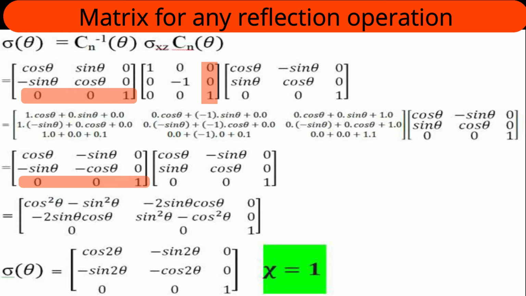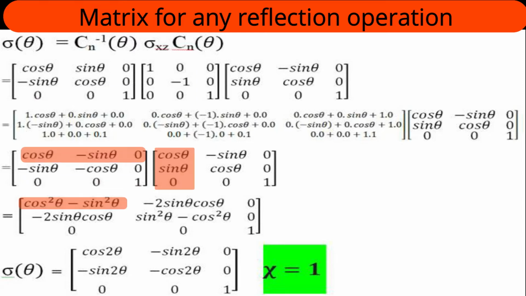In detail, how the results come I have shown to you. Directly also you can do the multiplication. You need to consider the proper combination of the elements in order to get A11 of the resultant matrix: first row and first column. First row of the first matrix, first column of the second matrix. So I'll get cos square theta minus sin square theta. In order to generate A12, minus 2 sin theta cos theta. See whether you are following it or not.